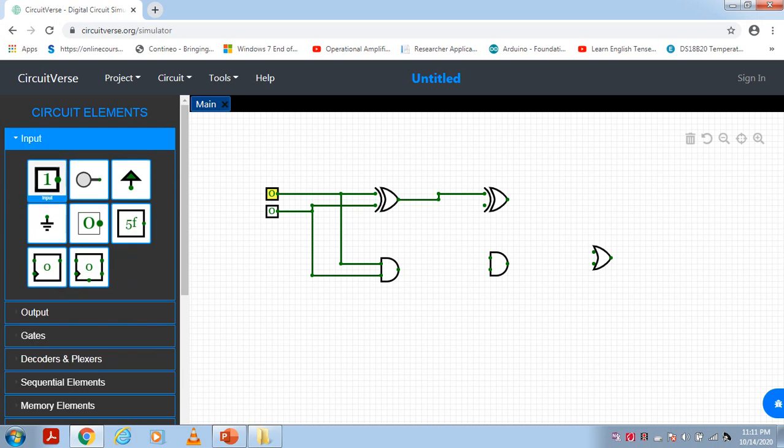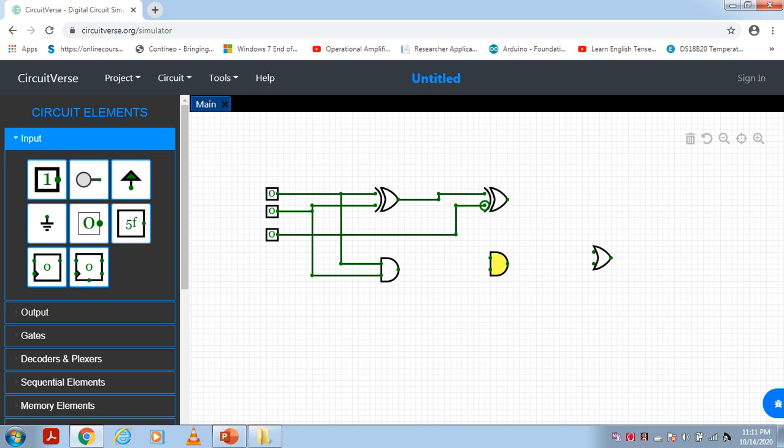Then go to the input, select this input here and keep it here ready for the next input. For the XOR gate, second input is connected to the input of the third one. So connected this one, right?